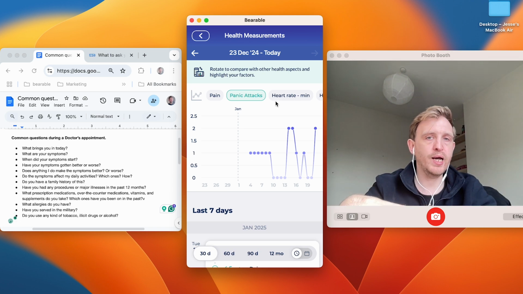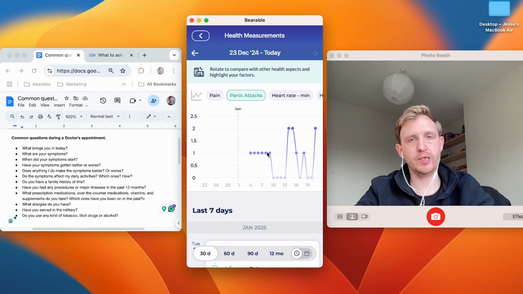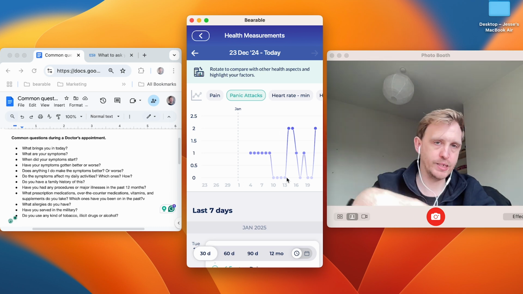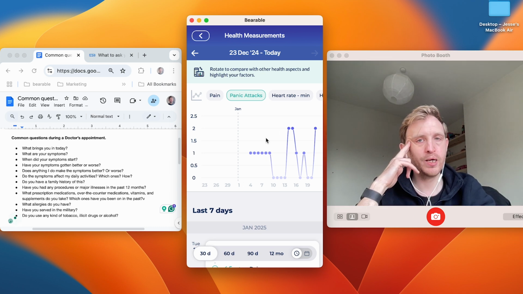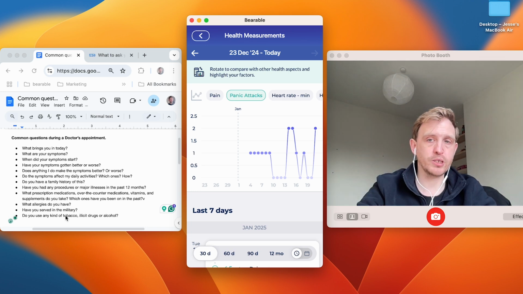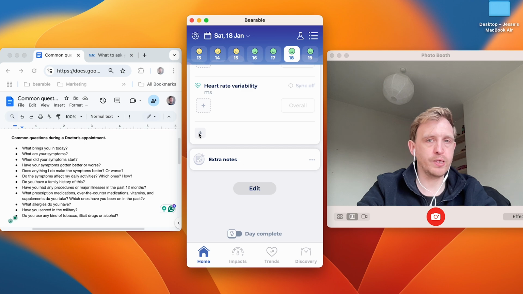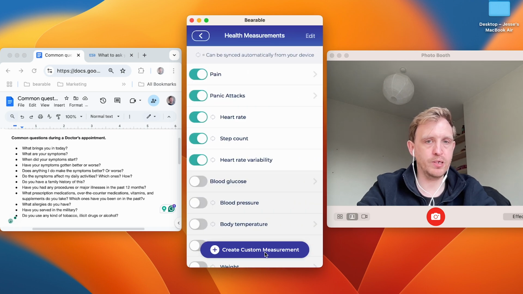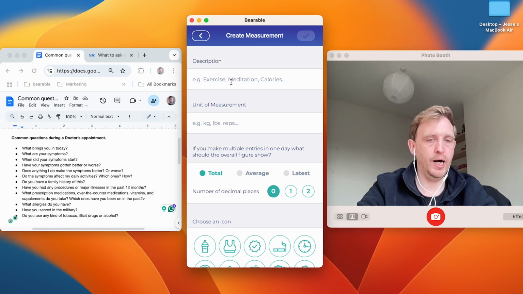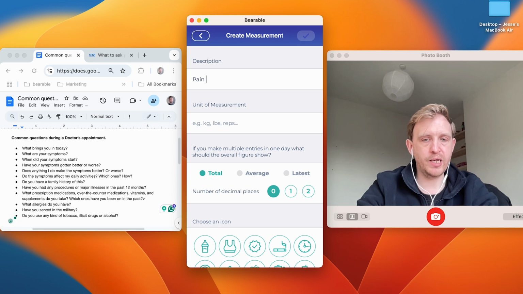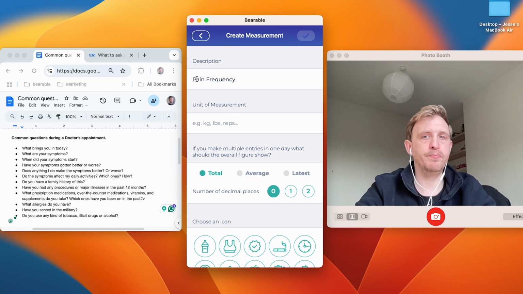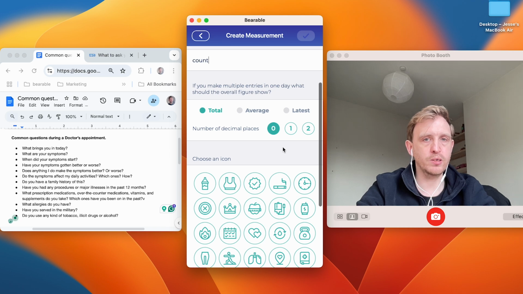And you can maybe support this separately with your symptom severity scores for anxiety as well. So I think that's the only other thing that was maybe missing from these questions too, was just about occurrence. Again, as with the other sections, you can just use this add edit button to create a custom measurement. This could even be pain frequency. Maybe you have something like, let's actually be more specific, maybe it's headache frequency. Set it up as a count. We want to know the total.